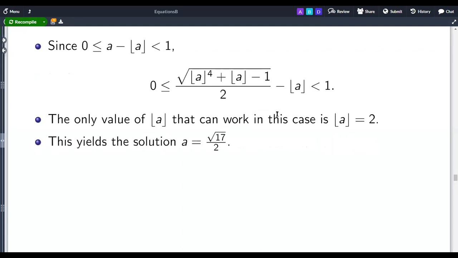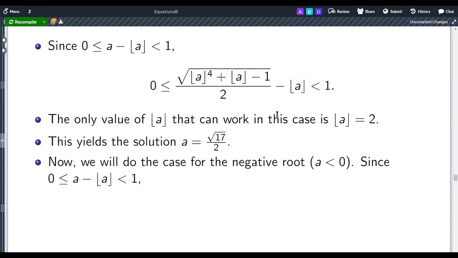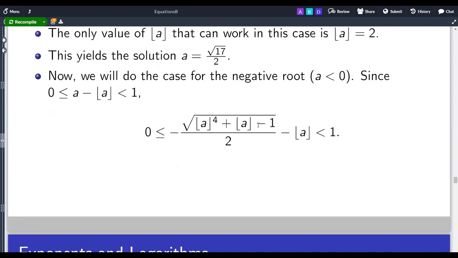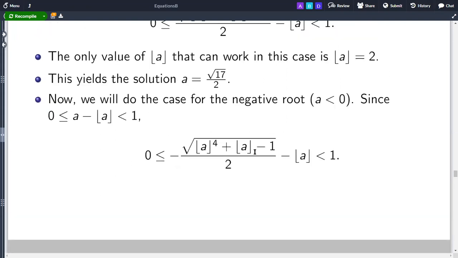So we have one solution, but we're not done because we didn't check the negative square root. So now let's try the negative square root. We're going to do the same exact process again. We're going to bound A minus floor of A. Now floor of A is going to be negative. What do people think floor of A can be in this equation? Remember that it's going to be small again, for the same reasoning. Someone said try -1. If we do -1,